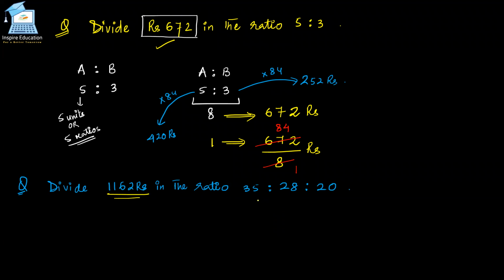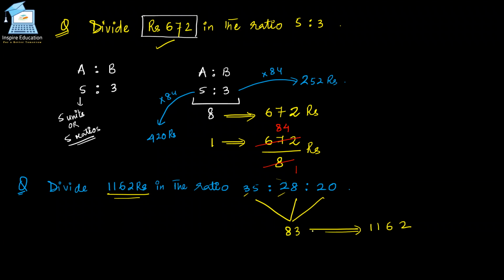I'm directly writing it. Okay, 35:28:20. What is the total? Quickly do the total. Look, you guys are having trouble with totals with me. Okay, 30 and 20... 83, sir. 83. Simple. 30, 20, 50. 50, 20, 70. 8 and 5 is 13. 70 and 13 is 83. Done. 83 is equivalent to 1162.